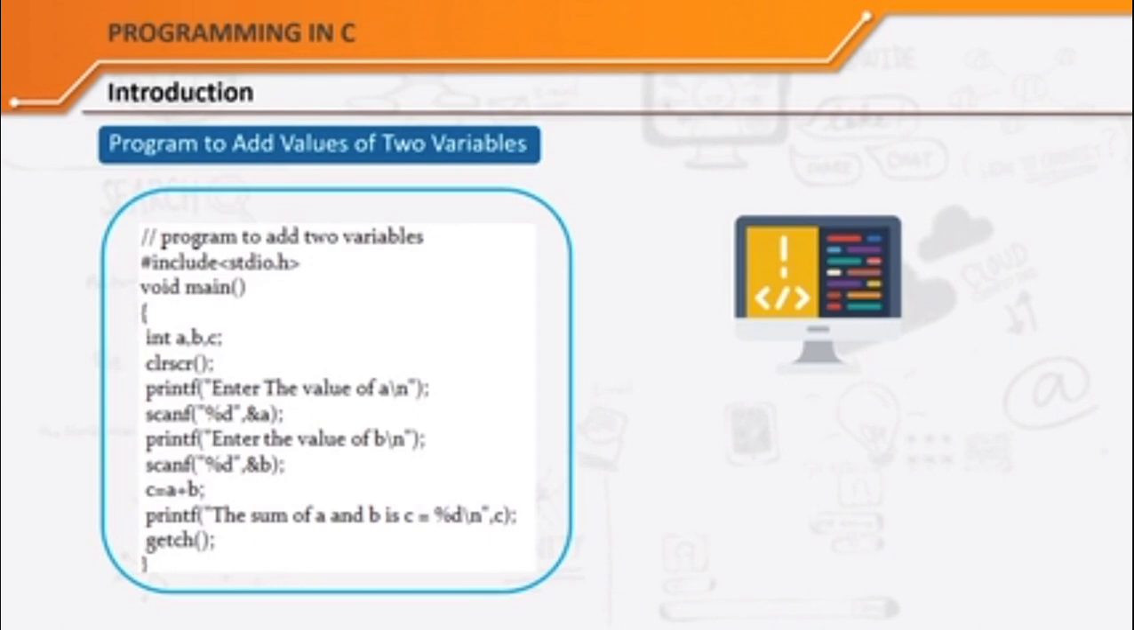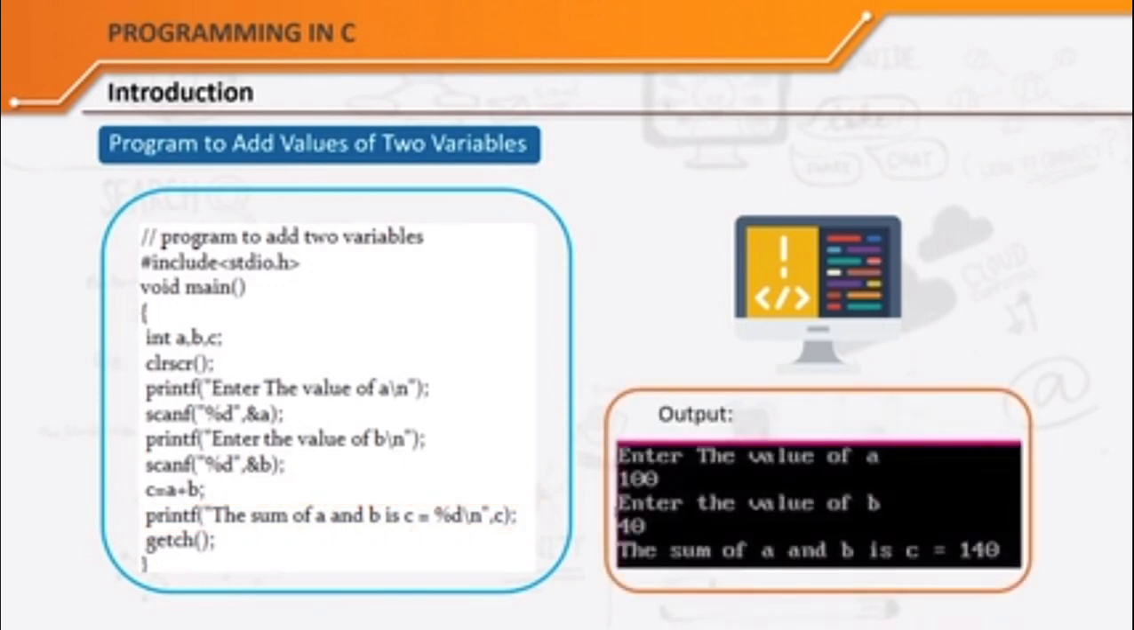So firstly, I am declaring three variables A, B, C here. Then in the first printf statement, I am entering the value for A, and then that value will be read through a scanf statement here. Next, I am entering the value of B, and that value will be read through the standard input function scanf again. Then both A and B will be added, and the value will be stored in the variable C. And then lastly, I'm displaying the statement that the sum of A and B